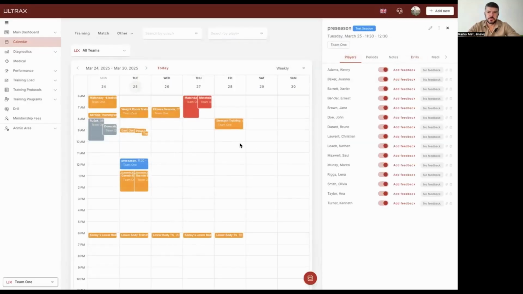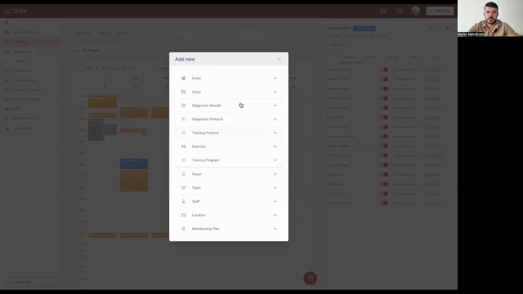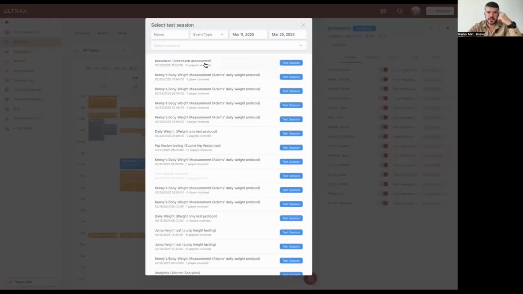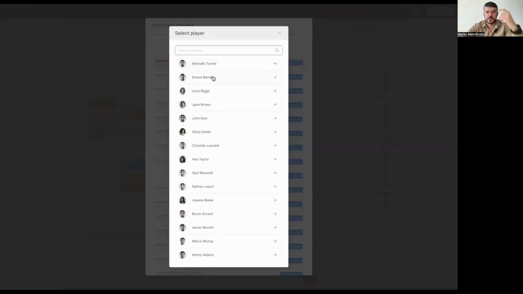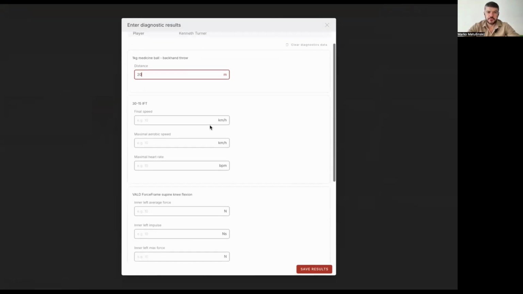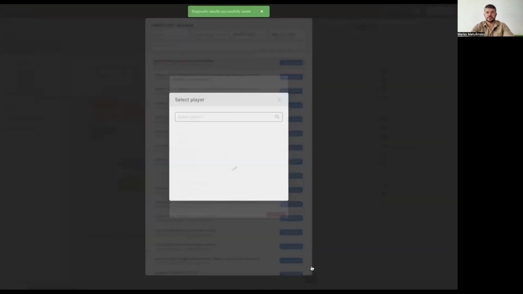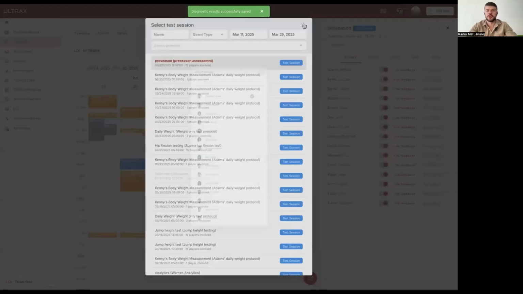And when we prepared all of the things inside, now we can add the results. So I'm going here to add new diagnostic results. I can select my preseason, select the player, and then I can put the 20 meters and the results that this player has done. So final speed, let's say 20 kilometers per hour and so on. I will save this, and I can do this for all the players, but also we can do this by